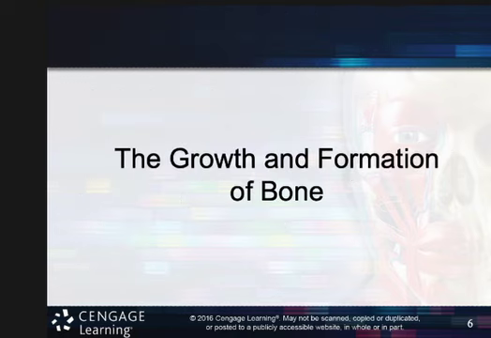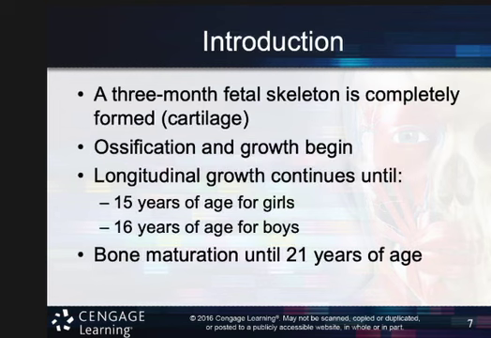The formation of bone is called osteogenesis. Okay, and there's two types. There's endochondral ossification, and there's intramembranous ossification. Okay, a 3-month-old fetal skeleton is made almost entirely of cartilage. Ossification and growth begin